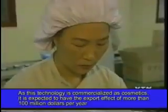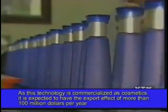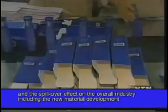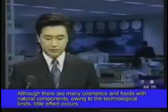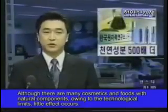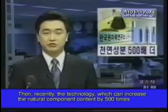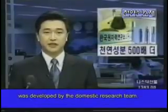As this technology is commercialized as cosmetics, it is expected to have an export effect of more than $100 million per year, and a spillover effect on the overall industry, including new material development. Although there are many cosmetics and foods with natural components, owing to technological limits, little effect occurs. Then, recently, a technology which can increase the natural component content by 500 times was developed by a domestic research